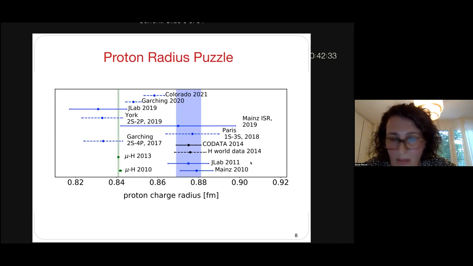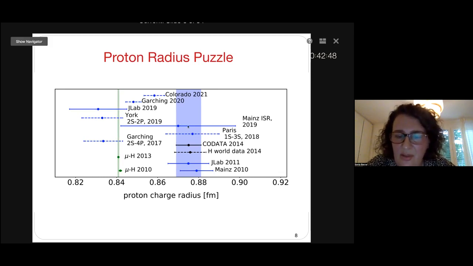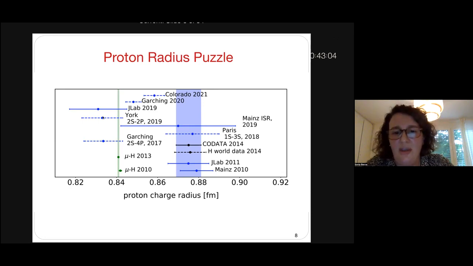So it's a complicated, scattered plot. But for those who are really deep into this business and understand all that goes into the various experiments, it's pretty clear that you could drop completely this because there's a super large error bar. You could look only at the muonic atoms and at the most recent either electron scattering calculation or ordinary atom spectroscopy, and that points towards the radius being small and towards not having any difference between muon and